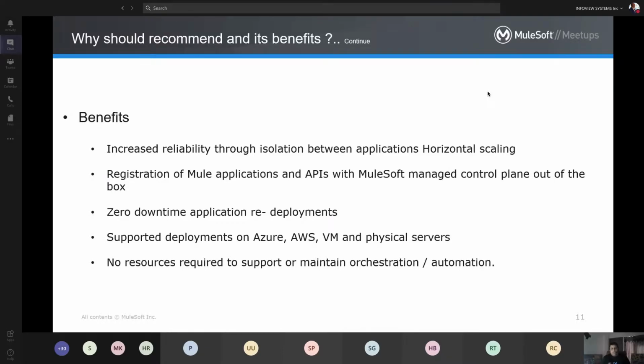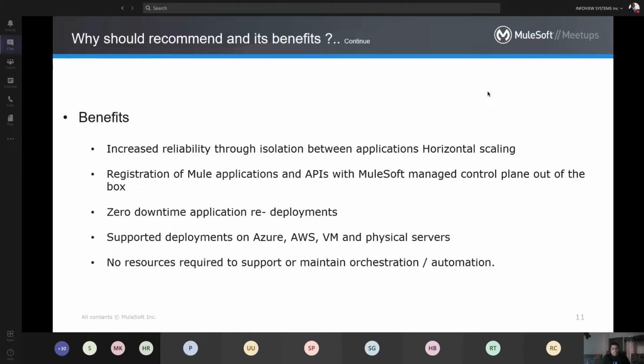Applications are deployed in containers that do not share resources with other deployments, so one application's outage does not impact the resources acquired by other deployments on RTF. We can manage APIs and deployments through the control plane, or use our own scripts to deploy through Maven or Anypoint Runtime Manager.